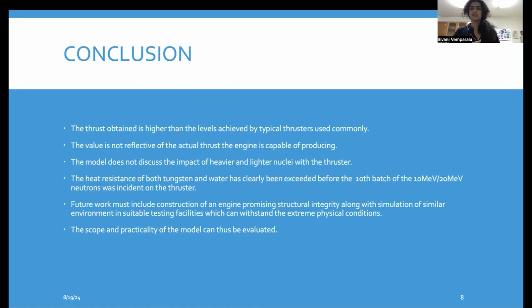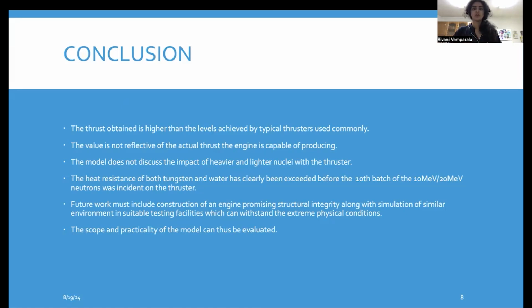This is not reflective of the amount it can potentially produce, because I took low energy incident neutrons for the cosmic rays, as well as the fact that this is just for 1 second. Thrust can increase for 10 seconds, for 100 seconds, depending on the number of incident neutrons, if the same rate of incidence is maintained, that is every 0.01 seconds, 17,500 particles are incident on